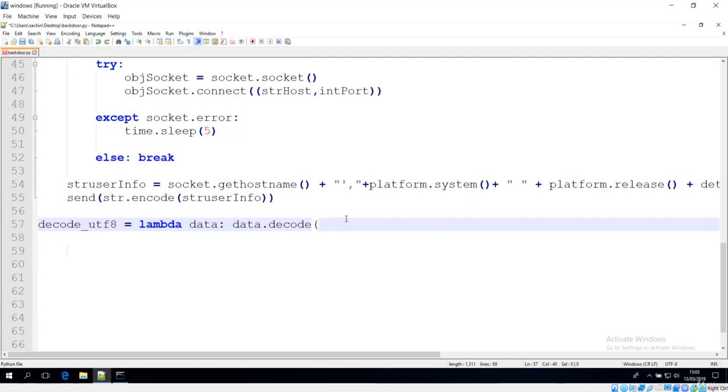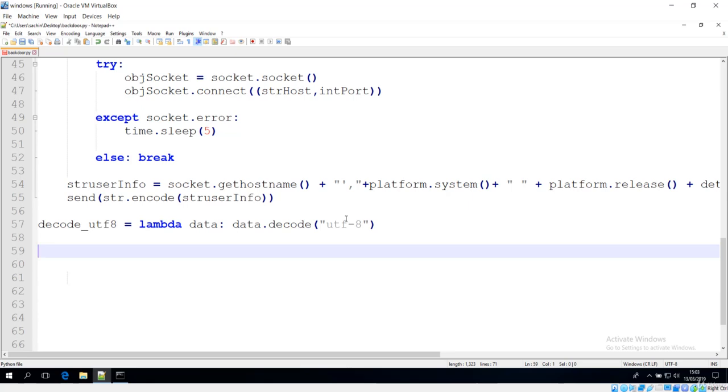Because what happens is, in this Notepad++, when I type this double quote, it is obviously converting it to something else, so the keystroke is changed in this Notepad++. So what I want to do here is UTF-8 is the decoding. Let's go over here and make another function, and this function is going to decrypt the data. If you want to decrypt, that is basically receive the data. This is also the function that is going to receive the data that is sent from the server.